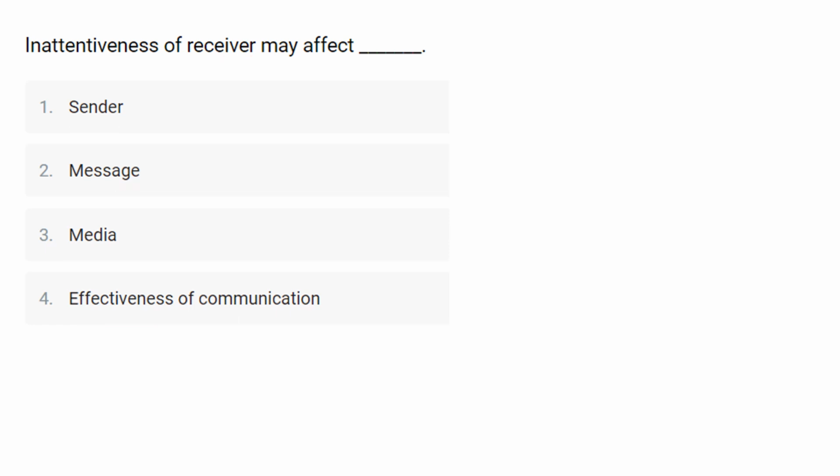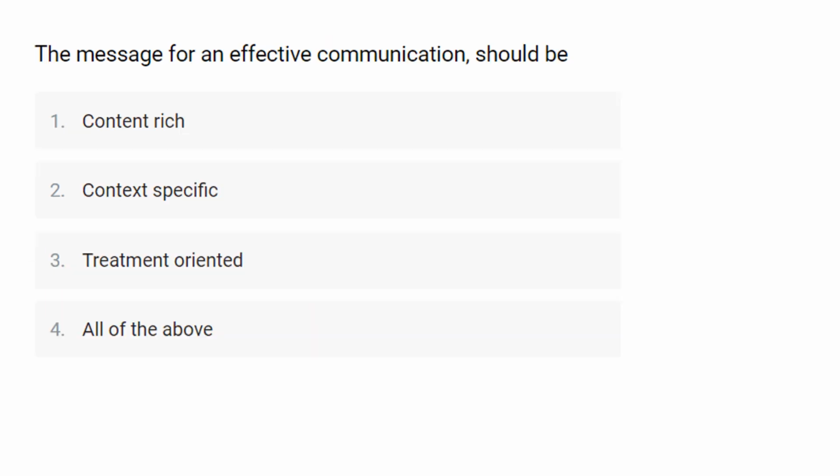So the correct answer here is option number 4, that is inattentiveness of the receiver may affect the effectiveness of communication. The message for an effective communication should be. So in this question they ask you the message for an effective communication, for which the first option is content rich, second one is context specific, third one is treatment oriented and the last one is all of the above. So the message for an effective communication should be content rich, context specific and